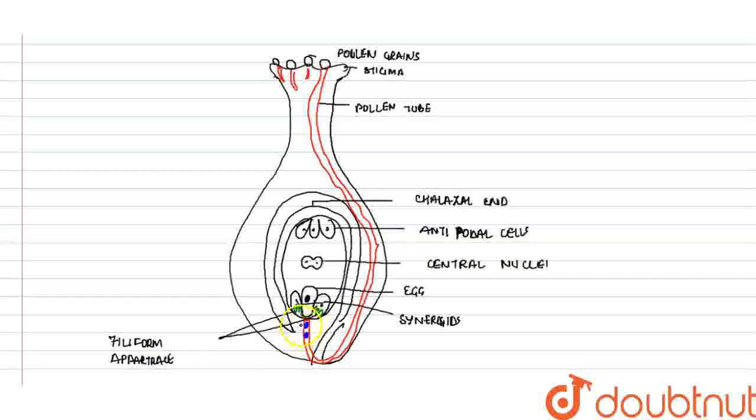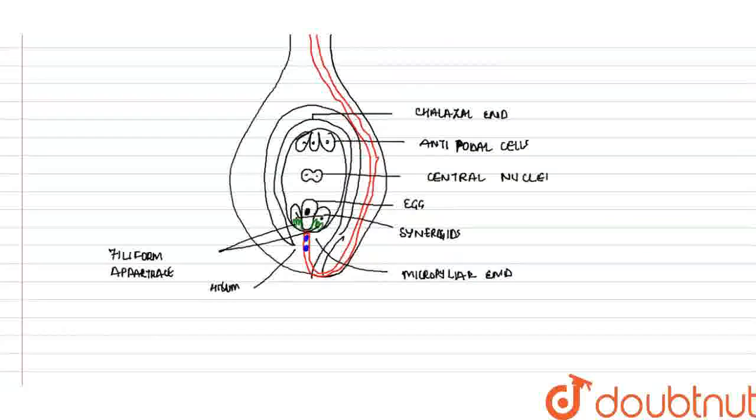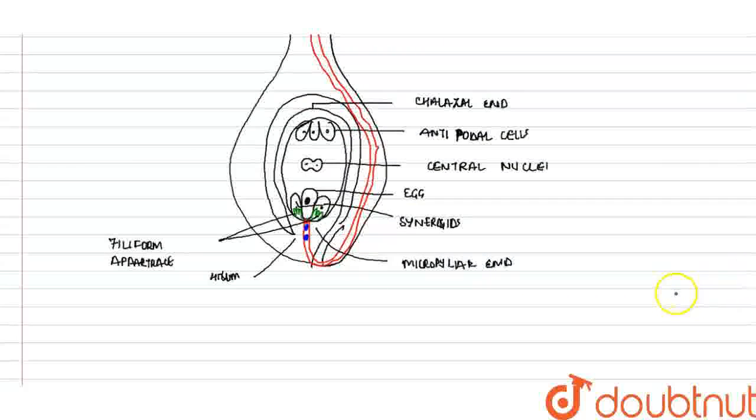So this has been marked. This is the hilum, and this end is known as the micropylar end. Now they are asking what will happen to this ovule which has undergone the